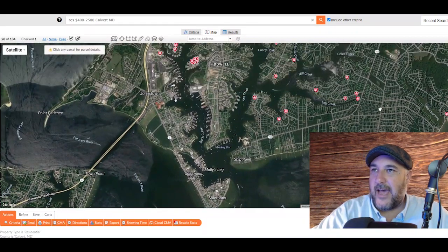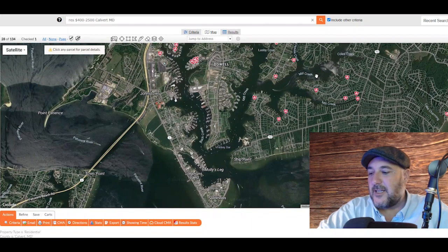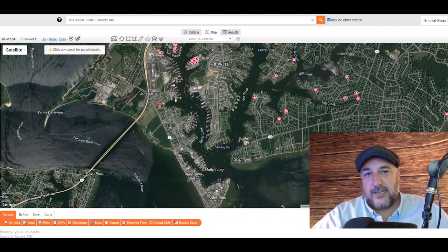You can just see how the map starts to break up, and you can see there's just small pieces of land. You can see docks all along the water, all through here, lots of boats coming in and out of here. And this is going to be probably where you're going to want to consider if you're buying a house